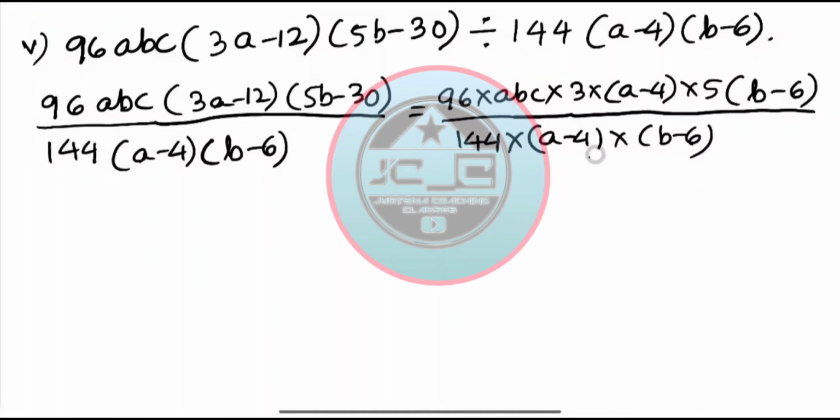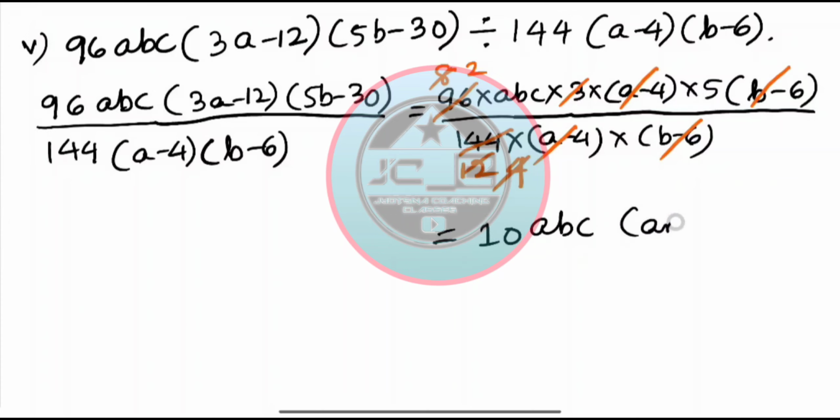Clear? Now we are here to cancel out the things. The things which will be cancelled: b minus 6 cancelled, a minus 4 got cancelled. As we know, if we cancel out 144 with 12, we have 12. If we cancel out 96 with 12, we have 8. Now if we cancel out 4 with 4, again 2, so we are left with 2 into 5. 2 into 5 is 10, abc is the final answer. Right, let's move to